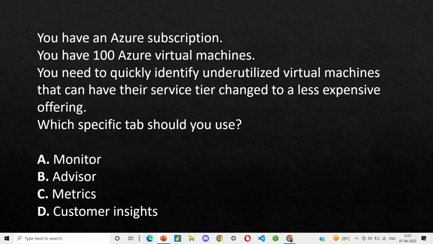There are different tabs in Azure, or different services that Azure provides us, when we want to transition to a less expensive offering, or when we want to make sure that the services we are currently using only use a specific cost and do not go above a threshold. So in that case, to provide the right or a less expensive offering, the right answer will be